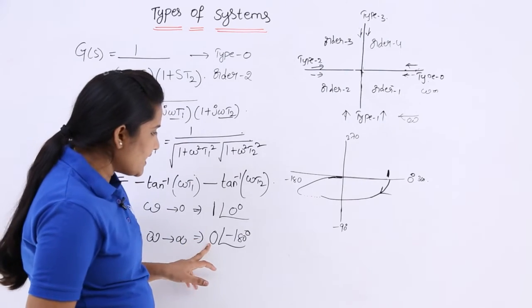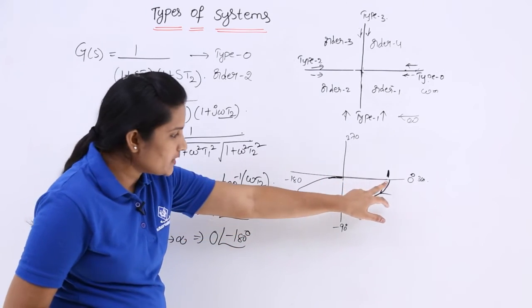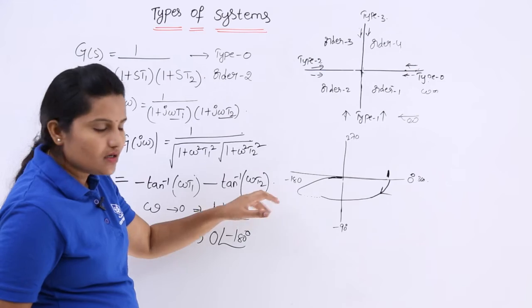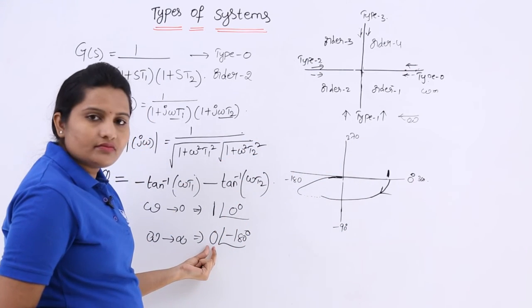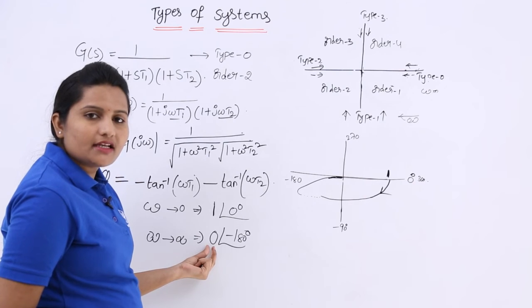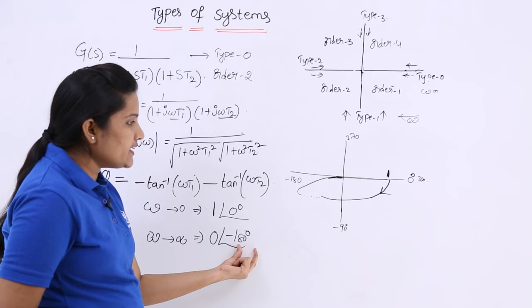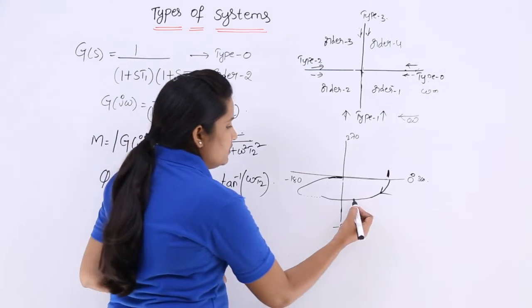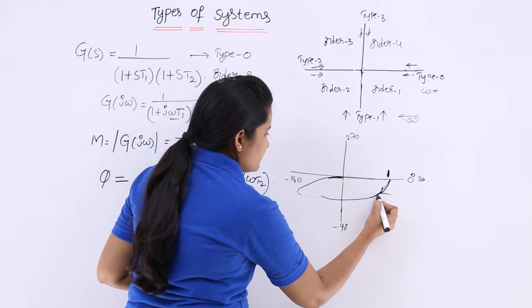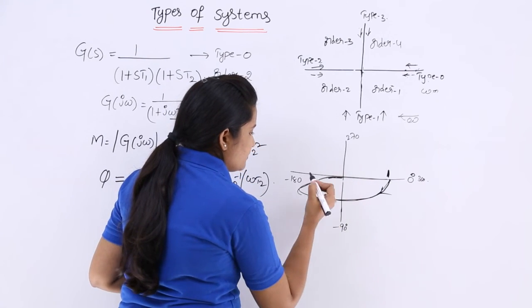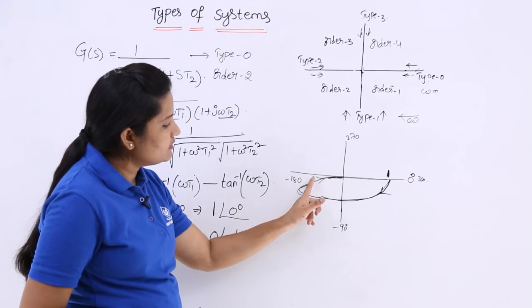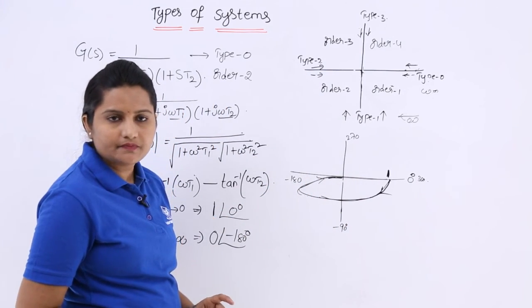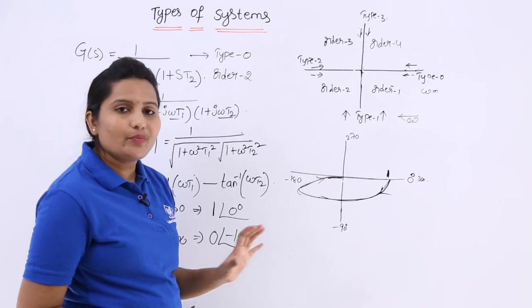After passing some time, it will end with magnitude 0 on the minus 180 degrees line. So, it will be like this. You can see the direction will be like this. So, this is the polar plot